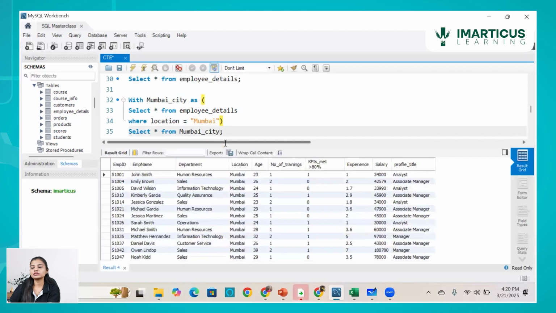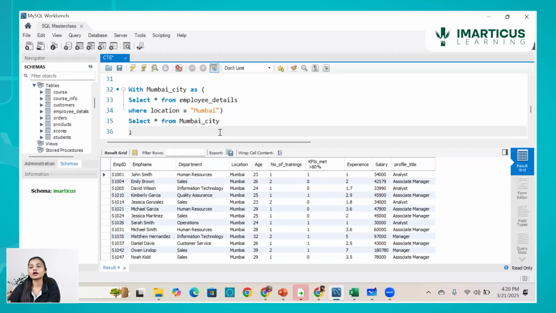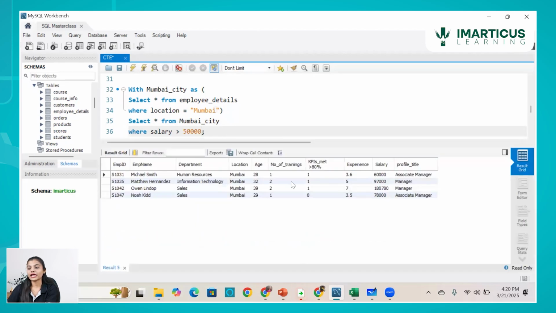So when I execute this, you can see it will show me data related to the Mumbai city employees which are there. Now, if I wanted to filter out the data over here, let's say where I wanted to find their salaries greater than 50,000. So which employees from Mumbai have salaries greater than 50,000 is this. Now, if I wanted to find which employees from Mumbai have their salaries greater than the average salary of the